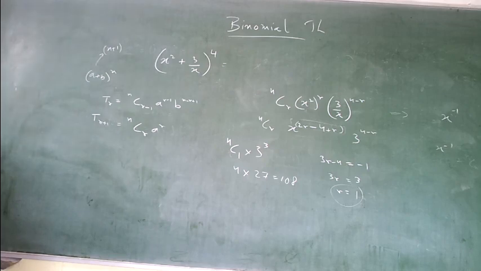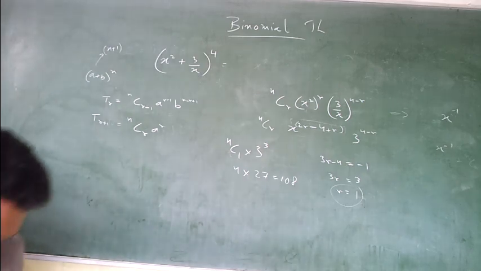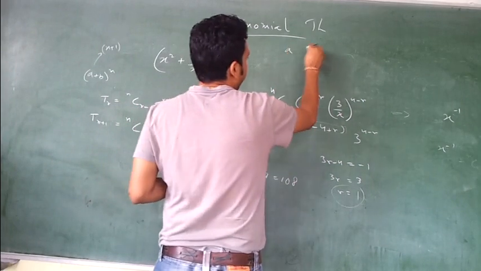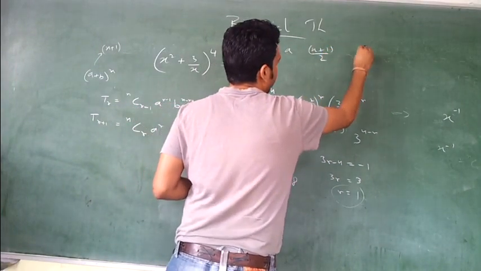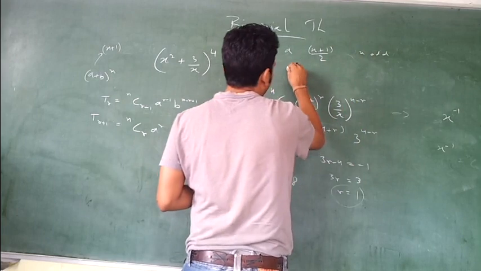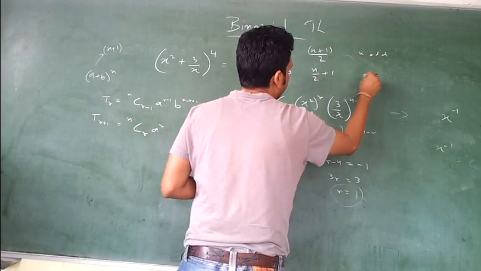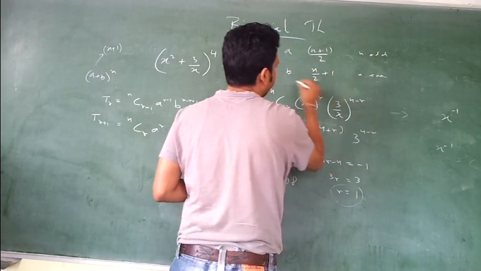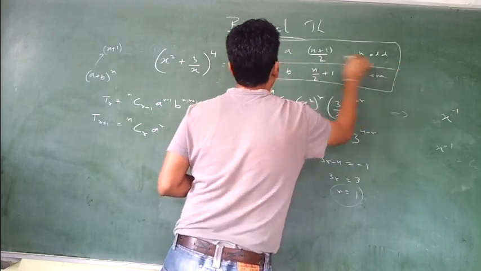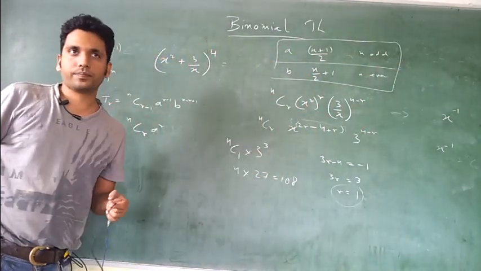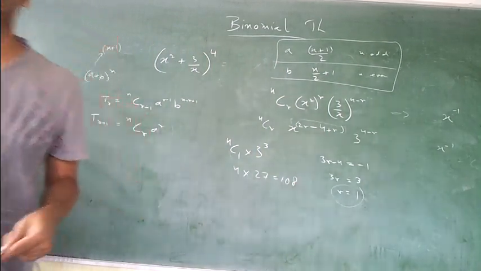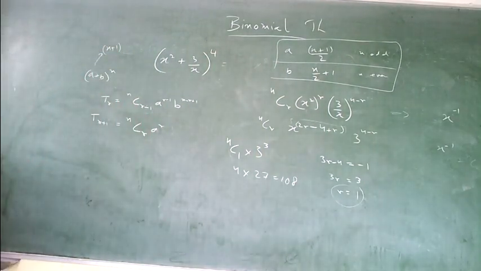Part B you write, it will have part A: (n plus 1) by 2 if n is odd. Part B: n by 2 plus 1 if n is even. Have you written this? If n is even, then only you can do n by 2. If n is odd, then only you can do (n plus 1) by 2. Okay? Right? And for the expansion of (x plus y) whole power n minus (x minus y) whole power n,